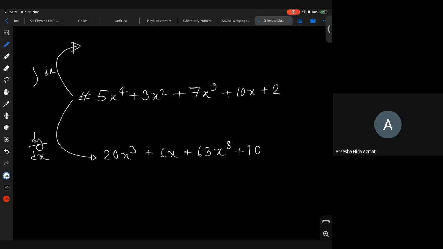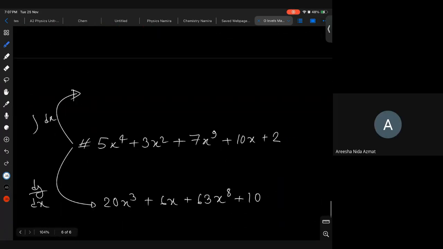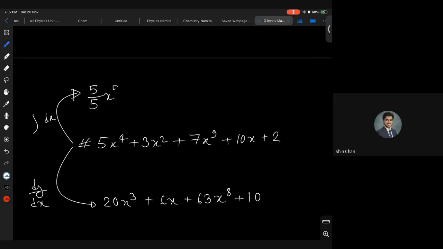25 by 5 x to the power of 5. Where is 25? I added 4 plus 1, which is 5. See, you multiplied it by 5. Why do we multiply in integration, Arisha? We don't multiply in integration, we only divide. Yes, sir, you are right. So this will be 5 by 5, x to the power 5,